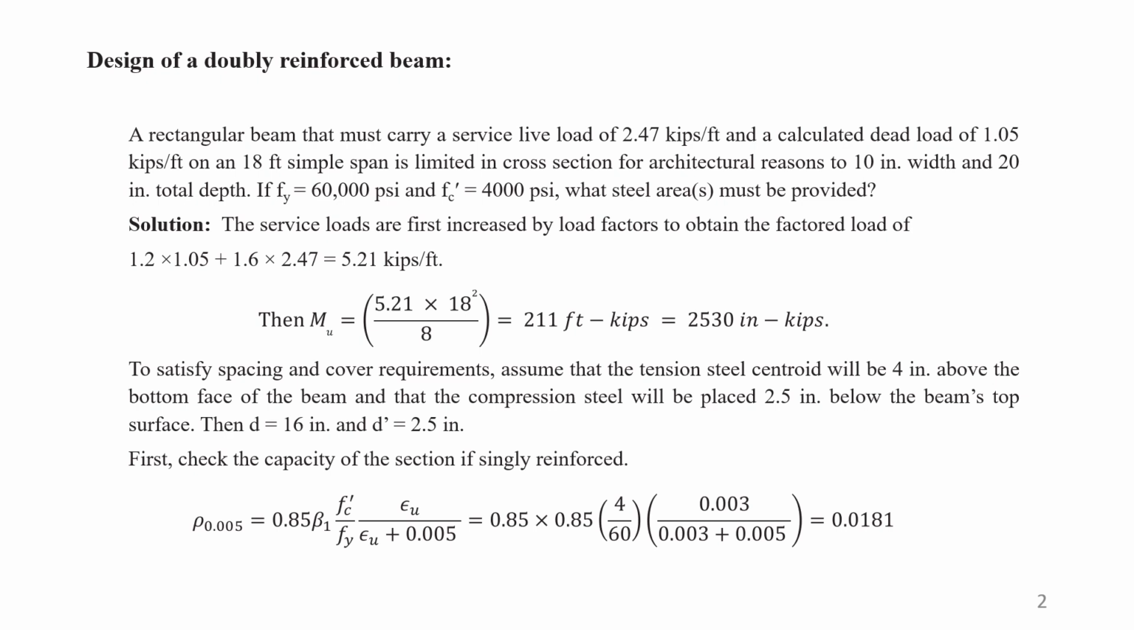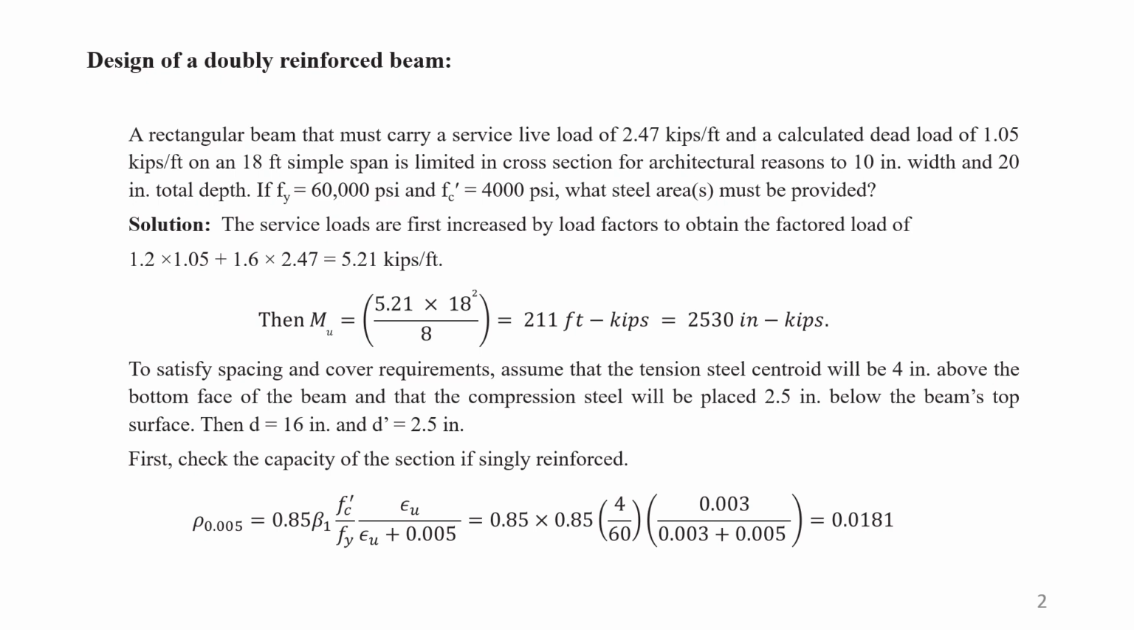Design of a doubly reinforced beam. Today we will discuss design of a doubly reinforced beam. Doubly reinforced beam means there will be reinforcement at the bottom and at the top of the beam. Normally we use singly reinforced beam and we use steel in one layer, that means where the tension is there. But here in doubly reinforced beam, the steel will be used just for the tension zone and also for the